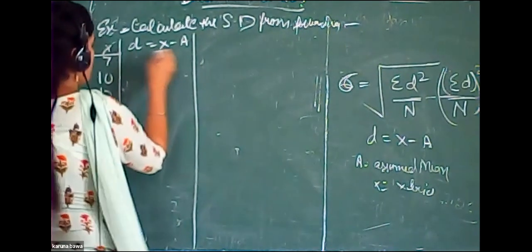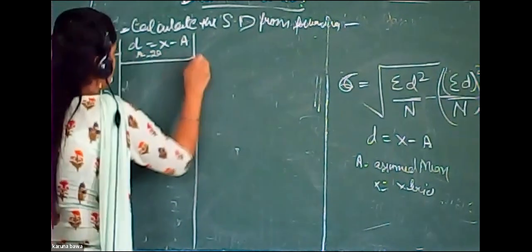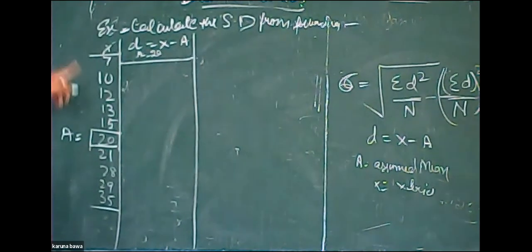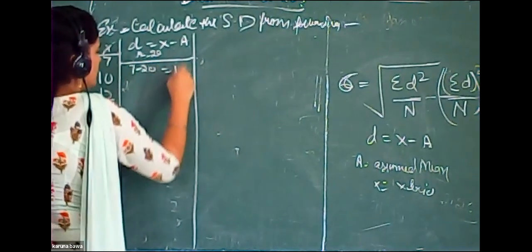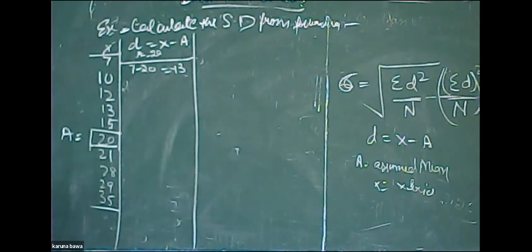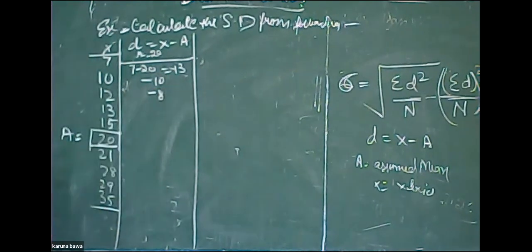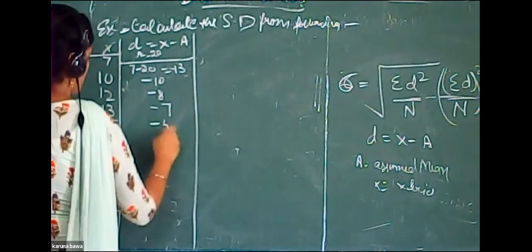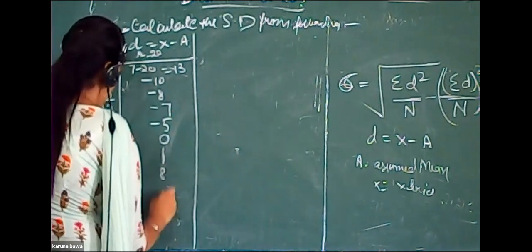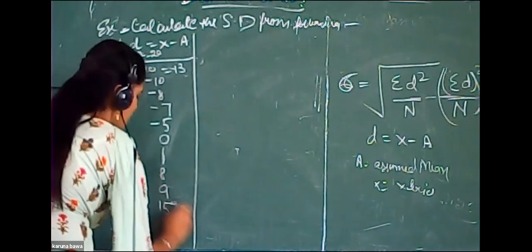As we know, the assumed value is 20. So first, x minus A: 7 minus 20, minus 13. On the other hand, 10 minus 20, minus 10. Minus 8. 13 minus 20, minus 7. Minus 5. 0. 1. 8. 9. And 35 minus 20, that is 15. And the total of the values is